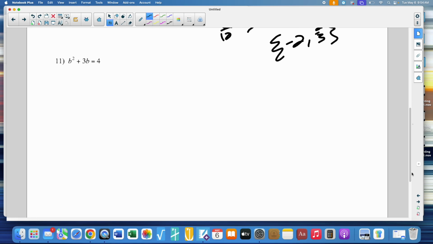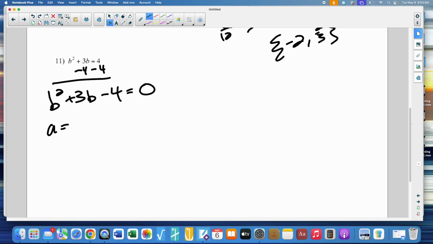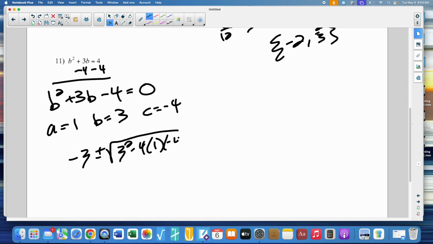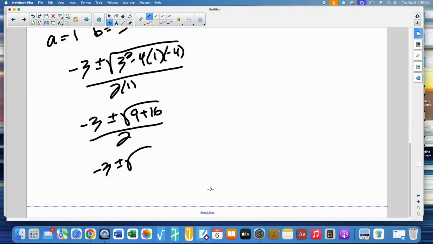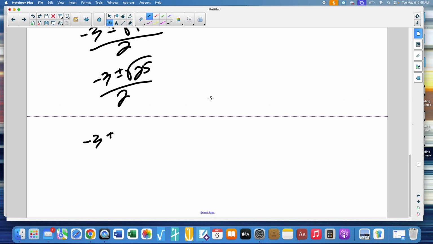Number 11. Set it equal to 0. b squared plus 3b minus 4 equals 0. My A is 1, my B is 3, my C is negative 4. Opposite of B, plus or minus the square root of B squared minus 4AC, all over 2A. Negative 3 plus or minus the square root of 9 plus 16, over 2. Negative 3 plus or minus the square root of 25 over 2,